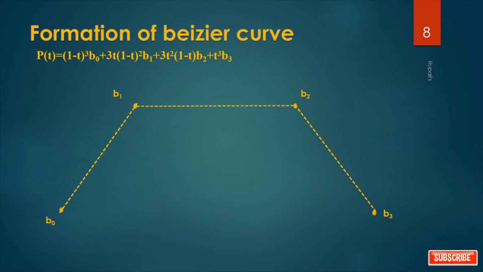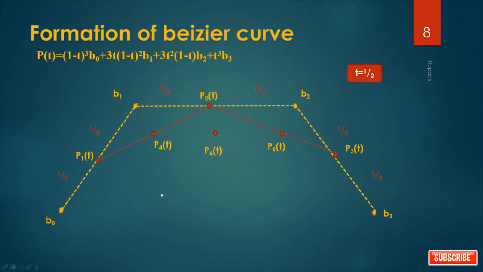So, what is P1(t)? t values lie between 0 to 1. Say first I take the value of t as half. Then P1(t) is this. So, what is P2(t)? P2(t) is this. And P3(t) is this. Half, half. So, after joining P1(t) to P2(t) and P2(t) to P3(t), I get the middle point here, P4(t). Here the value of t is half and it is P5(t). And finally, after joining, we get P6(t), one point on the curve.